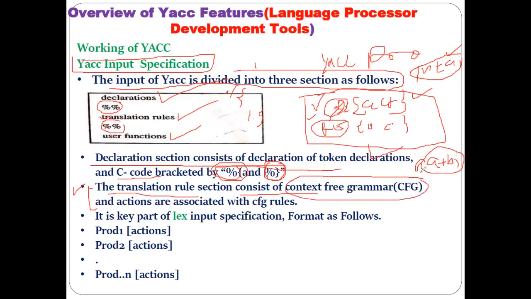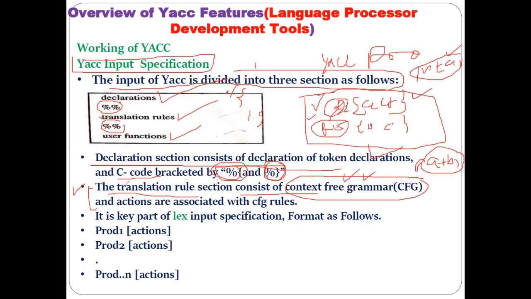For a higher level language, this syntax checking is done with the help of context free grammar. And in the rule section of your Yacc program, the same thing we are going to mention. To check the syntax of your higher level programming language, you have to write the context free grammar in the Yacc translation rule section, because only using the grammar can you check whether your sentence is syntactically correct or not.